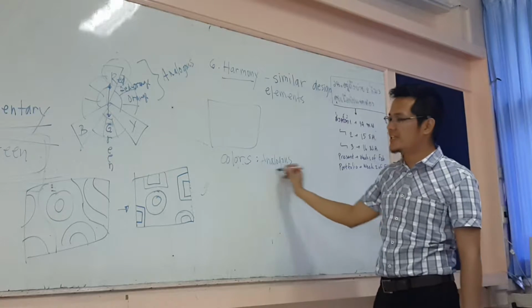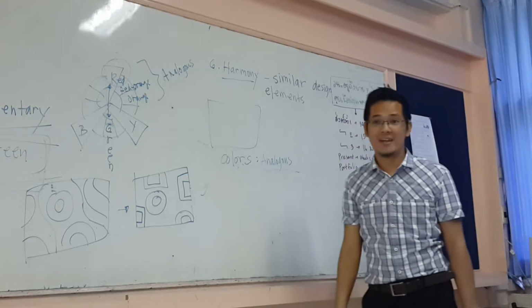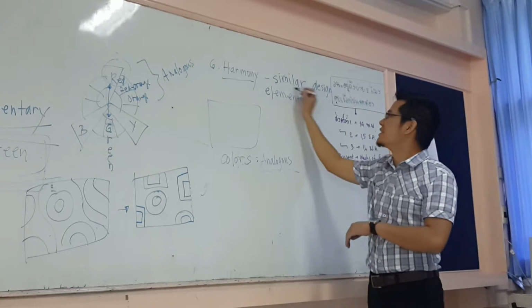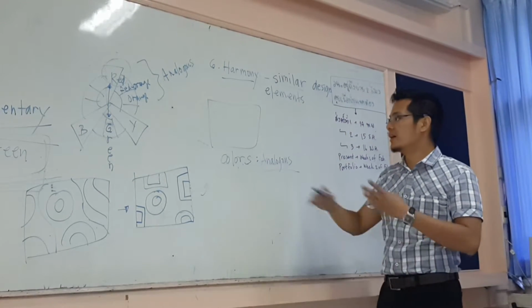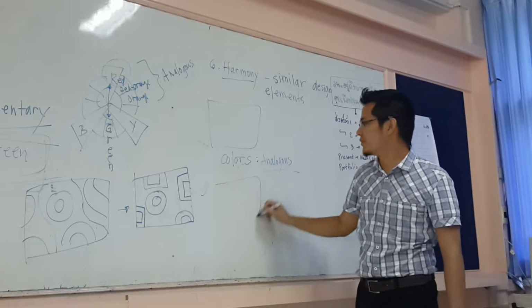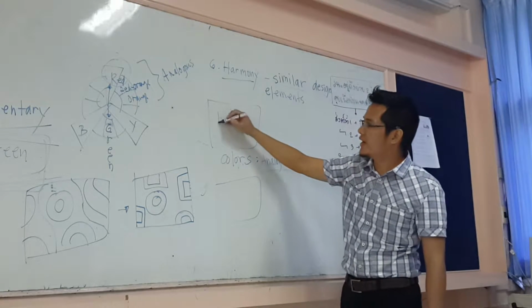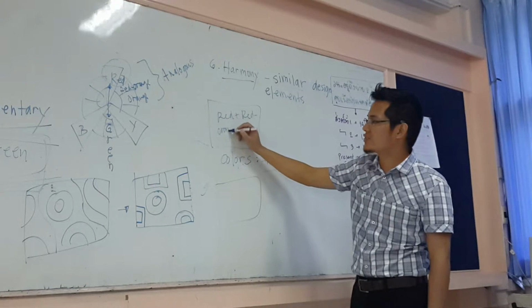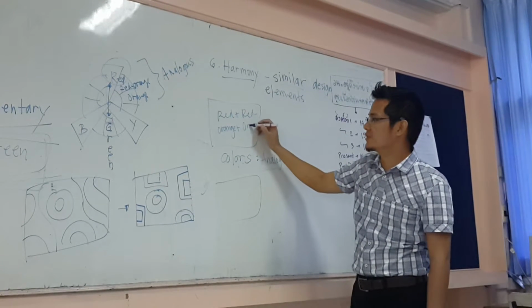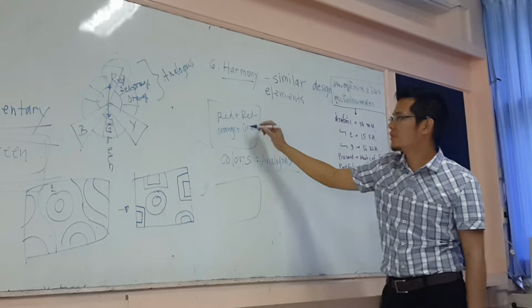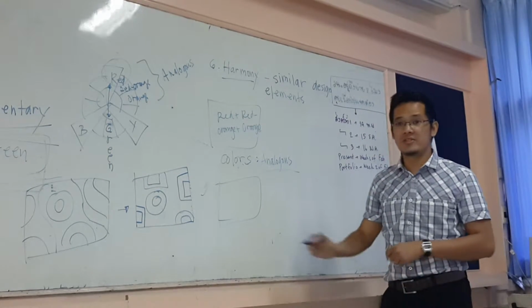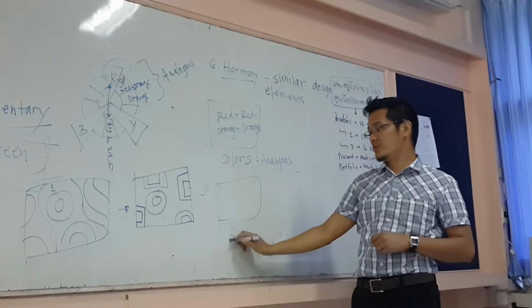So this is actually the opposite of contrast. In contrast, we use opposite. Here, we use similar colors. Okay, another example is red, orange, plus yellow. Another way to create harmony is to use similar